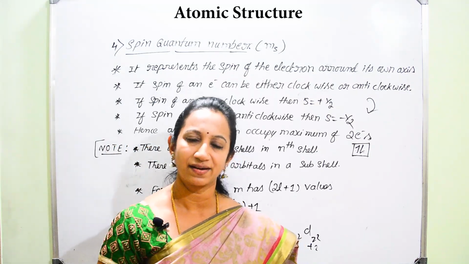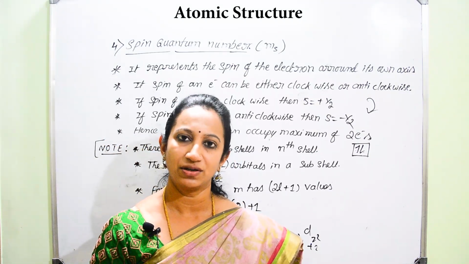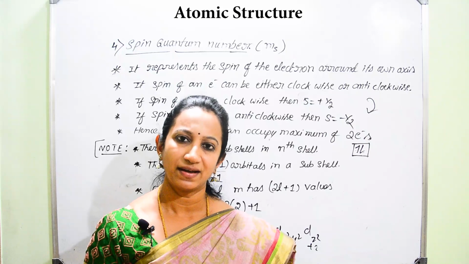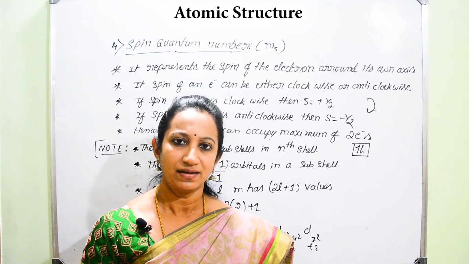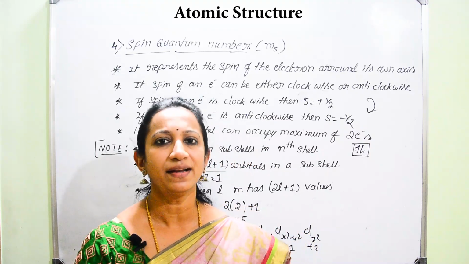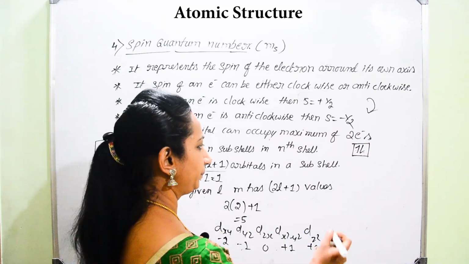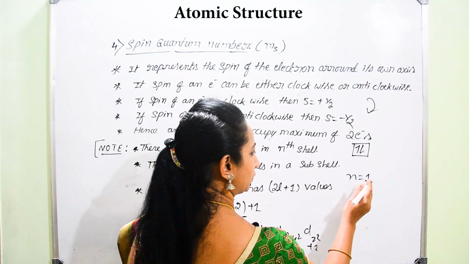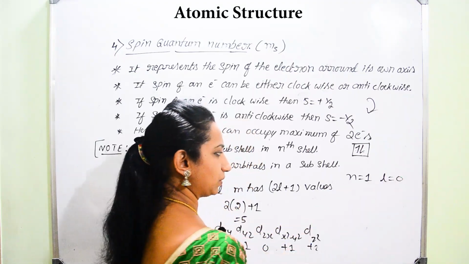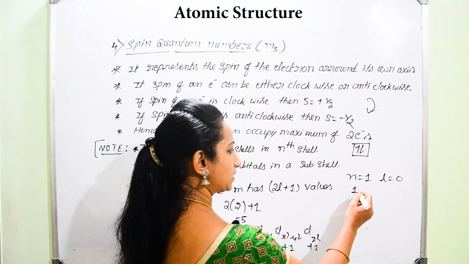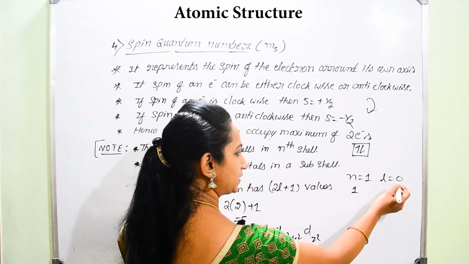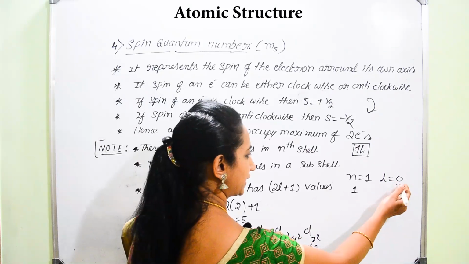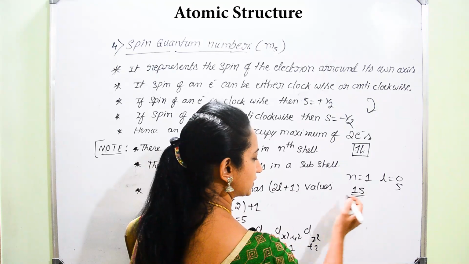In the examination they can raise plenty of questions regarding calculation of either azimuthal quantum number, magnetic quantum number or spin quantum number. They can even ask to write the symbols for the given n and l values. Suppose they ask to write the symbol for n equal to 1 and l equal to 0. How can we write the symbol? n equal to 1 means you write 1, and l equal to 0 means which orbital? We have to start 0, 1, 2, 3, that is s, p, d, f. 0 stands for s, therefore it represents the 1s orbital.